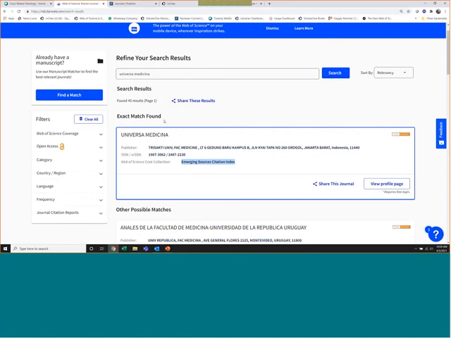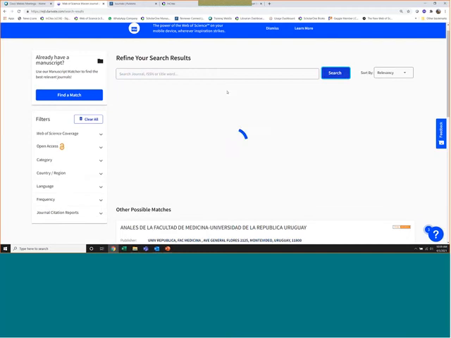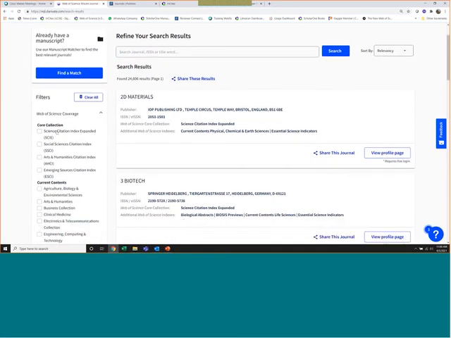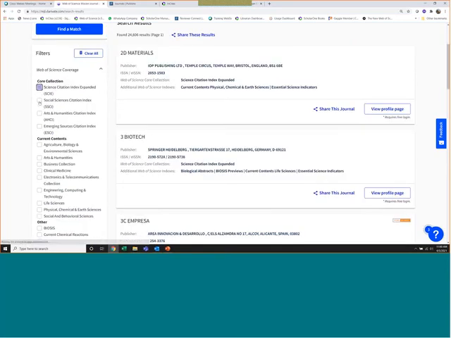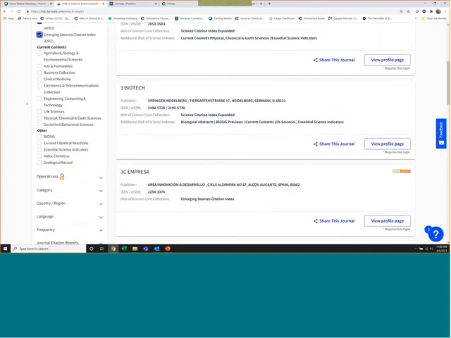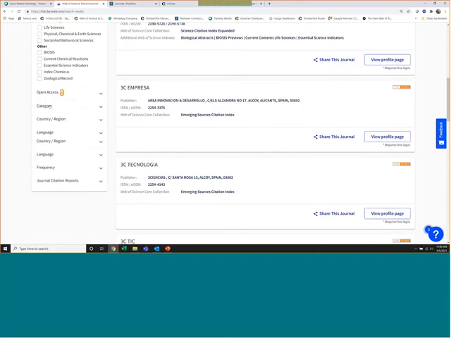If you want a quick list of journals in your own specialization, doesn't matter whether they have impact factor or not, but you just want to have a quick list for your own reference, okay, then on the left hand side, let me just clear this search first. Then on the left hand side, you have some filters you can use. Okay, you can say that I want to see all these journals. Okay, and I want to select the category.